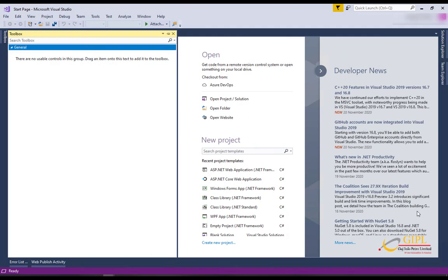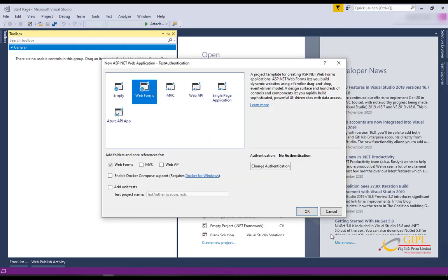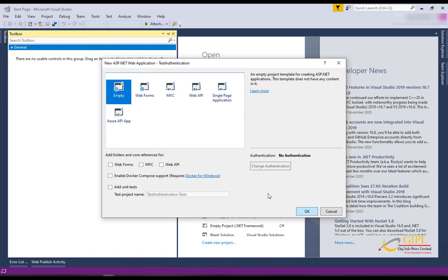So now, to implement integrated authentication mode, we will take a new project and name it test authentication. Here we will take only web forms, or we can take empty web forms.